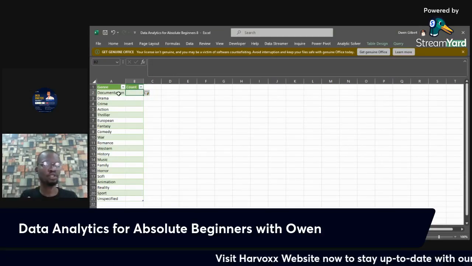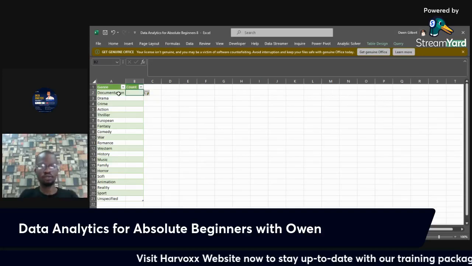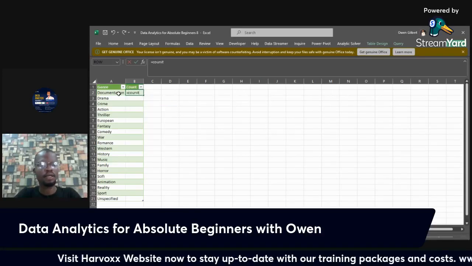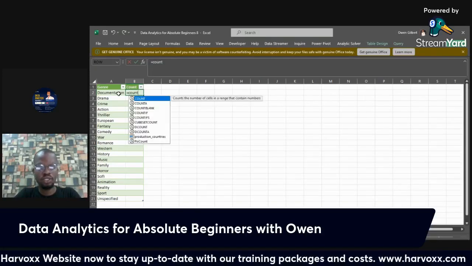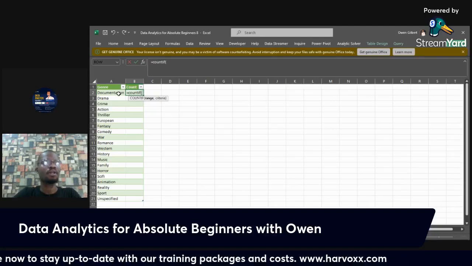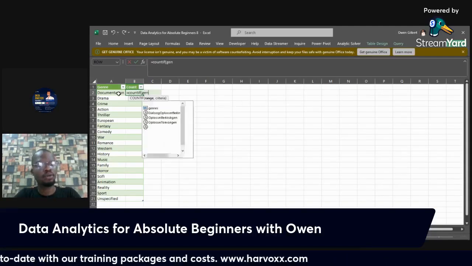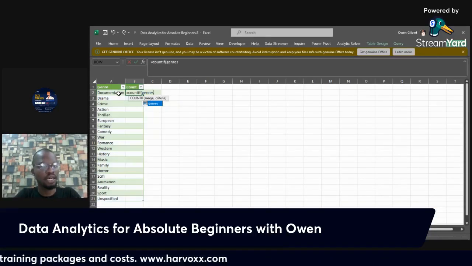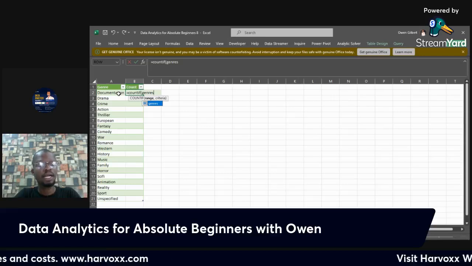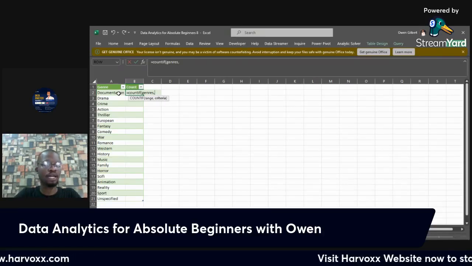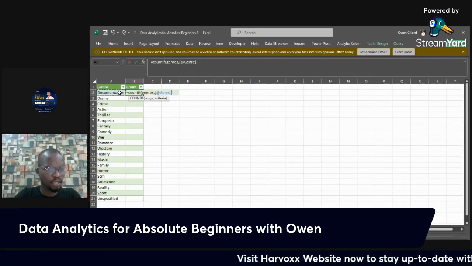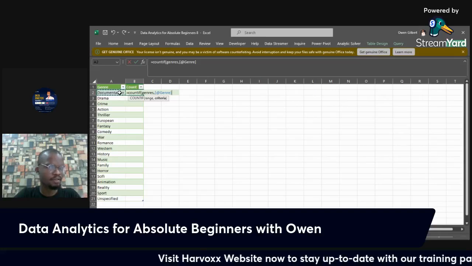How many times did we actually have documentation? Now, here's the trick. If I say COUNTIF, where am I going to look for it? I'm going to look for it in genres. Count in genres how many times we have documentation as per this item.